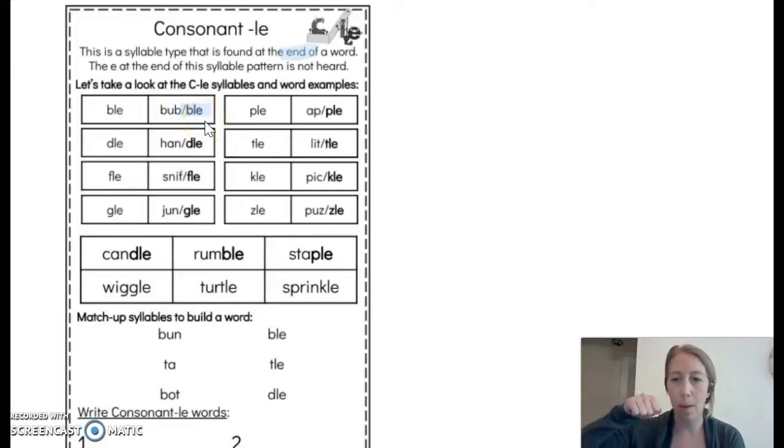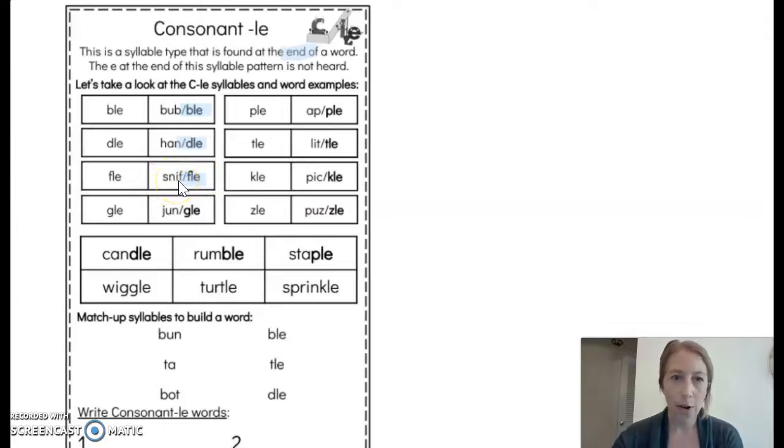I like to blow bubbles outside, or if you're in Miss Snyder's class and you get gum on Fridays, you might try to blow a bubble with your bubble gum. Dole. So again, we have a closed syllable first, and, hand, dole. Now our next one, full,